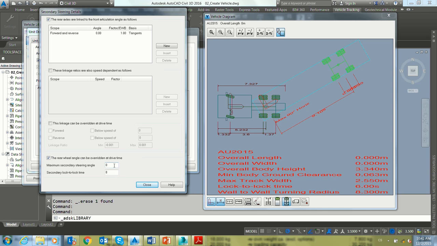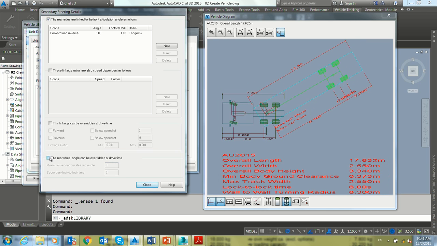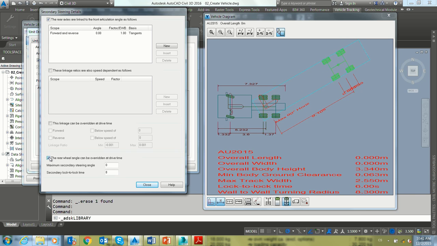So basically, either it is linked to the articulation of the tractor, or it can in fact be overridden during the driving. So what we can do is add information, and this information is, I believe,